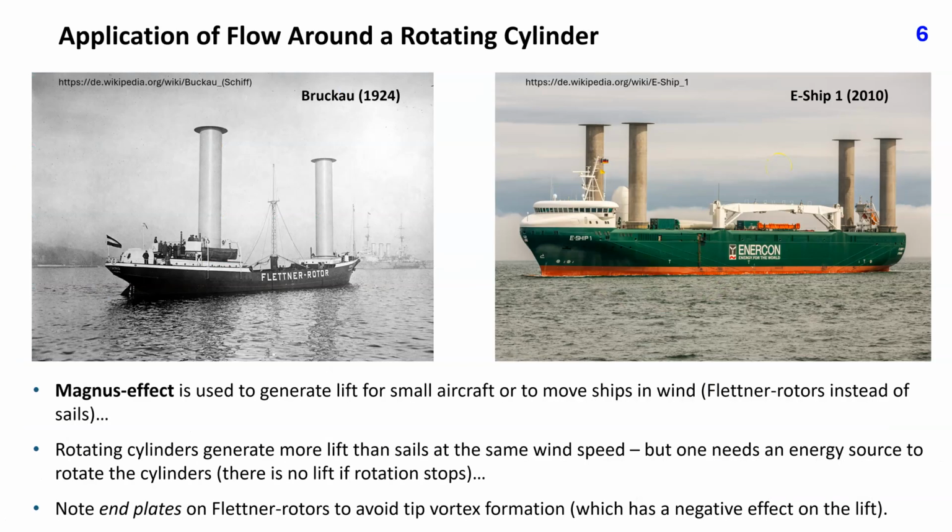The Magnus effect is used in engineering to generate lift for small aircraft or to move ships in wind using Flettner rotors instead of sails. Already in 1924, more than 100 years ago, ships with Flettner rotors were built. Rotating cylinders generate more lift than sails at the same wind speed, but one needs an energy source to rotate